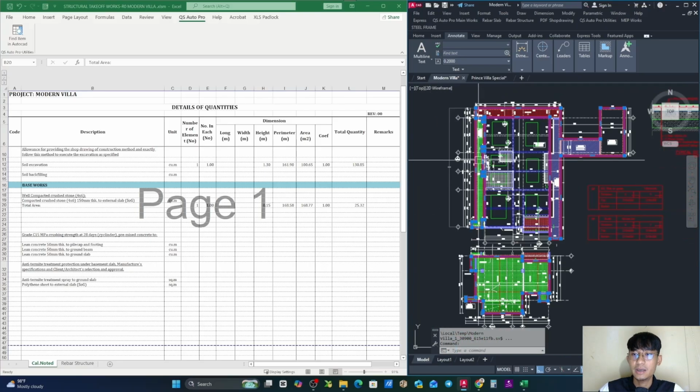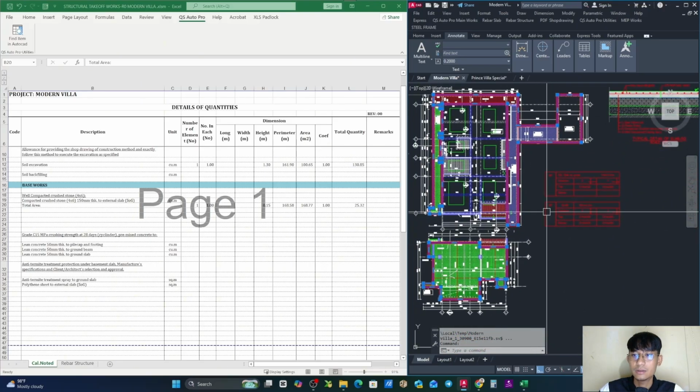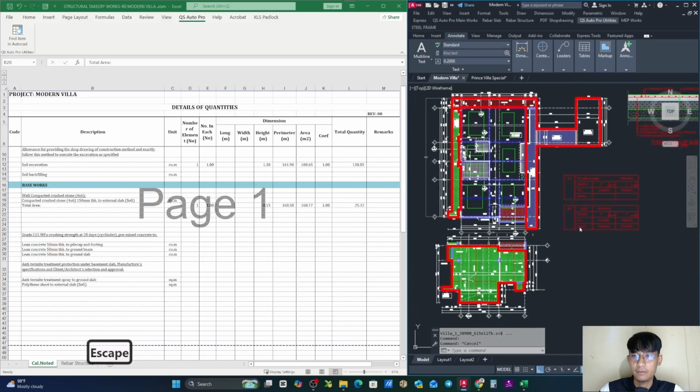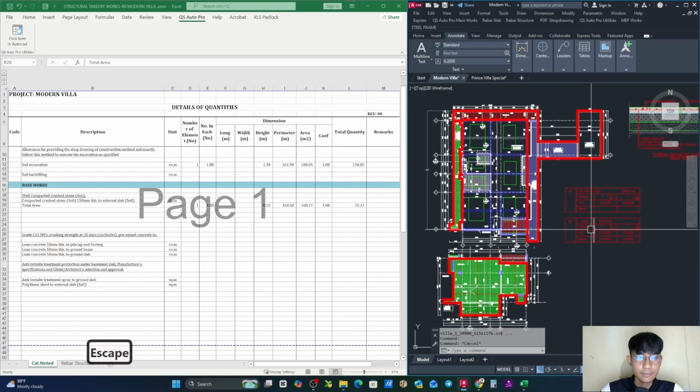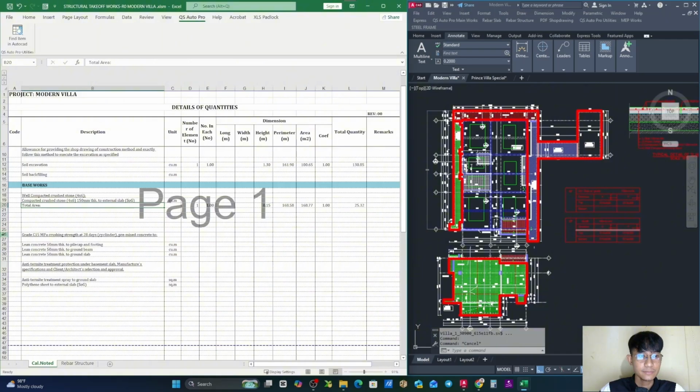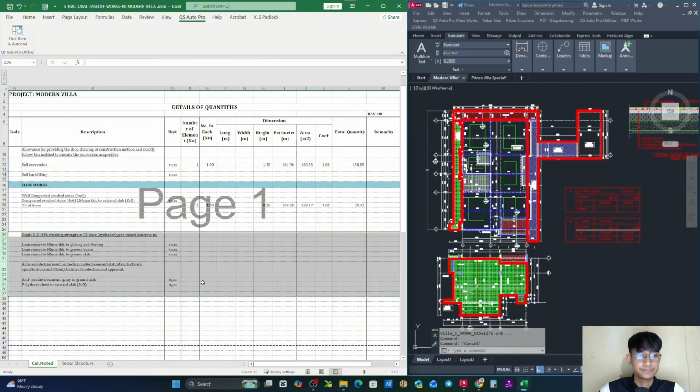So there are 3 areas that we need. Right now it's done for the well-compacted crushed stone 4x6. The thickness is 150 mm. For next, we're going to focus on the lean concrete, but right now I don't want the video to be too long,